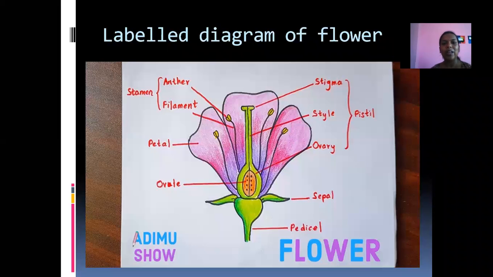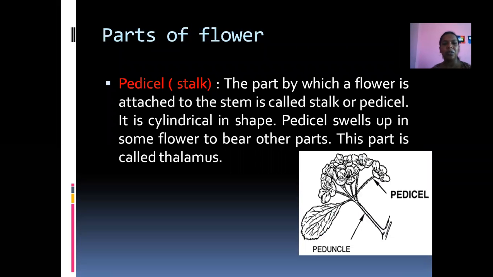See, this is the well-labeled diagram of a flower. It is very important. Yes, the pedicel is shown. Then after that the sepal, and after that the petal. The petal is the colorful part of the plant, which is also called the corolla. Is it or not? And after that, there is shown the labeled androecium and gynoecium, that is the stamen and the pistil, which we will study in detail in our class today.